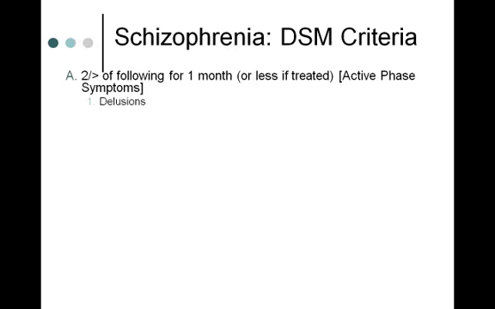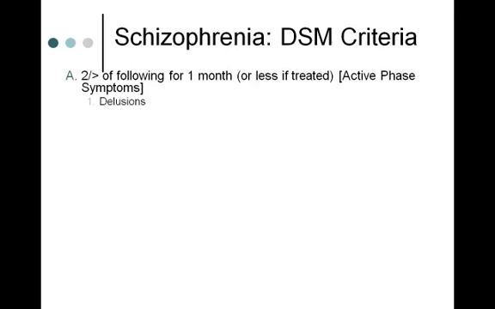Or somatic delusions. You're feeling that some part of your body is not your own. It's been replaced by somebody else's body parts. Religious delusions, and then also grandiose, which religious and grandiose may go hand in hand if you think you're Jesus. So that might be one of the active phase symptoms,